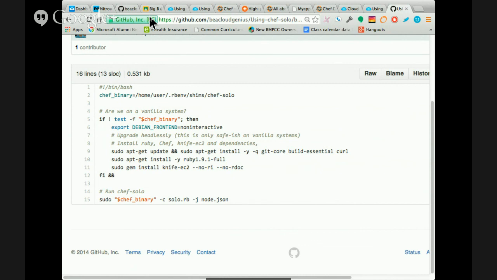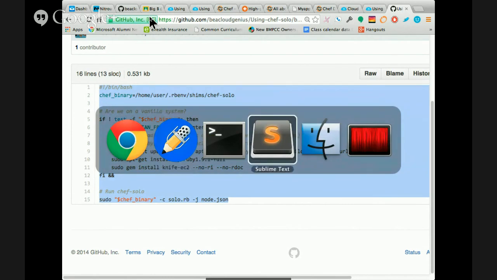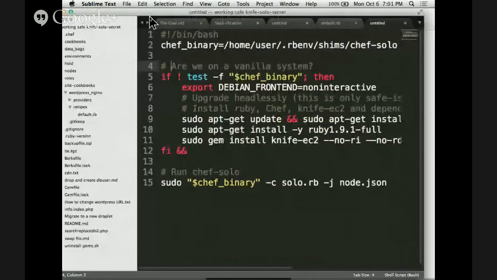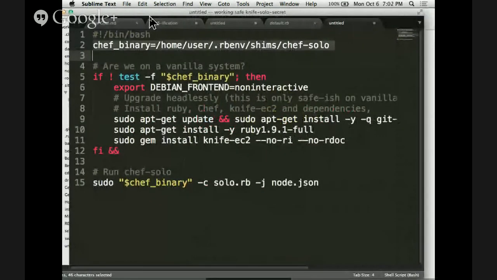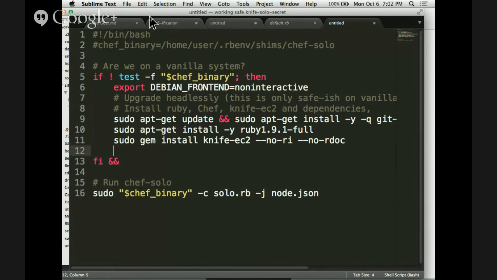And I'll modify this script itself to make it work on your computers in a different fashion. This is what I will do. So the line number 1 is okay. Line number 2 is bad. It doesn't apply. So we are striking it out like this. Then line number 4 says, are we on a vanilla system? Yes, we are. And we check for Chef binary is already installed or not, which is line number 5. And then export a variable non-interactive. 7 and 8 are dummy. 9, 10, and 11 will install certain things. I will add one more, which is